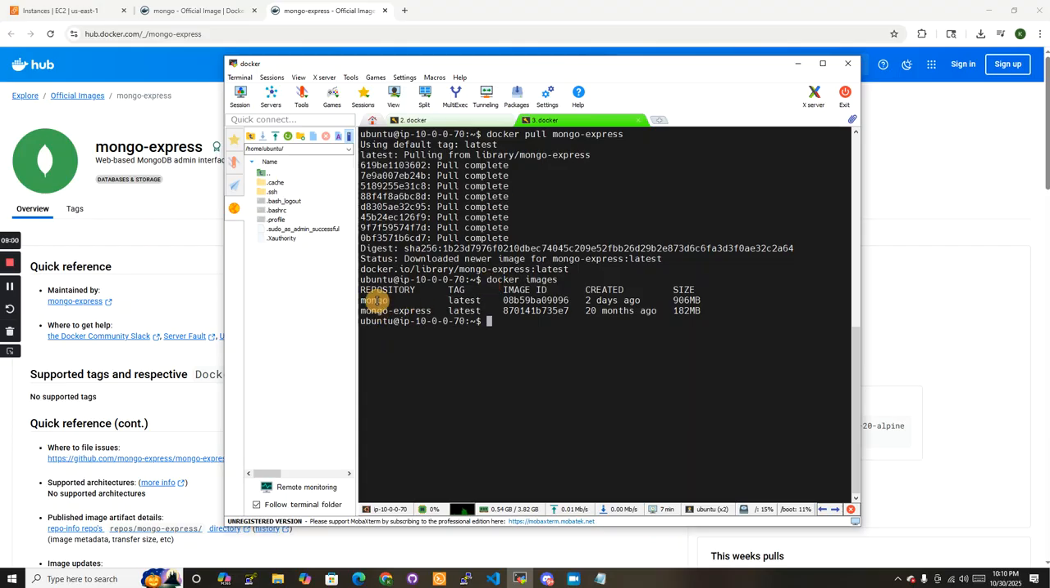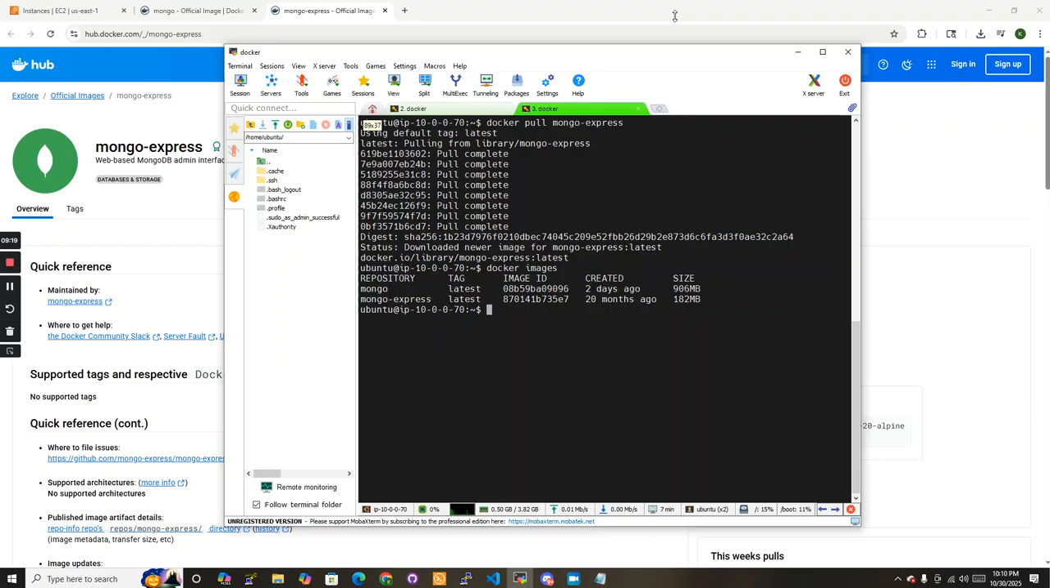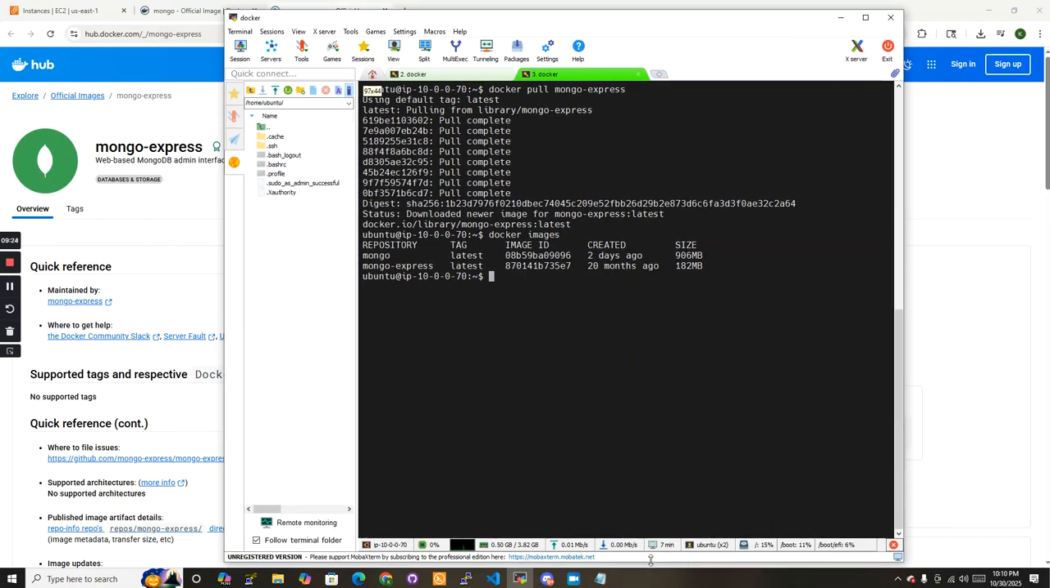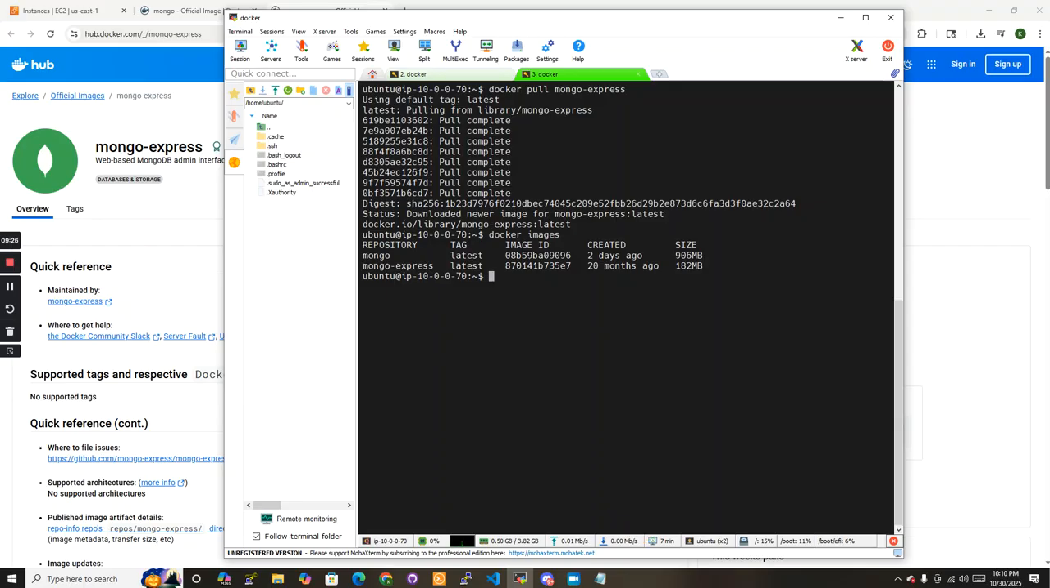So we have these two over here. Mongo with a tag latest. Mongo Express with a tag latest. And the image ID, created, and the size. See, the size is very, very important over here when we are dealing with Docker, because sometimes,